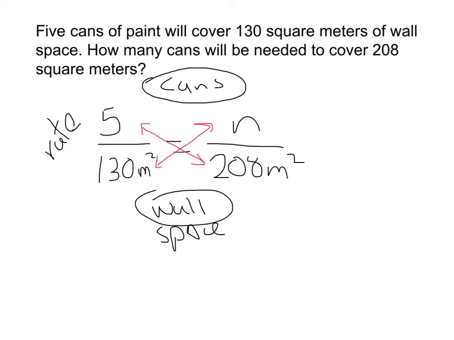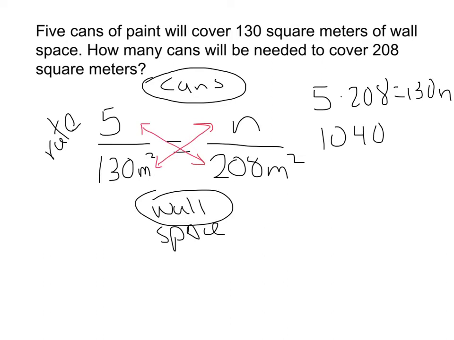You may ignore the units once cross multiplying because your proportion has established what the units are, cans on top to wall space on the bottom. So we get 5 times 208 equals 130n, and we solve that by multiplying 5 times 208, which gives us